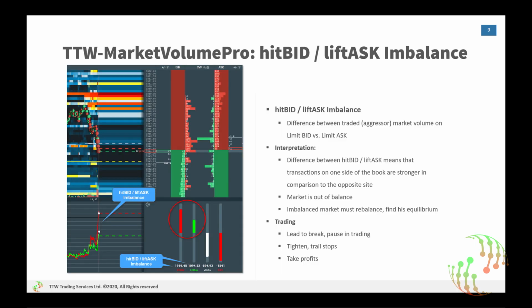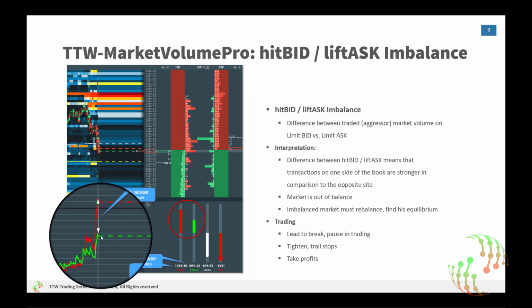Let's start with bid and ask imbalance. To avoid confusion, I am calling it hit bid and lift ask imbalance. That follows the strict logic of the limit order book and its usage. Hit bid means that sellers are hitting the limit bids. Lift ask means that buyers are buying from sellers. Hit bid and lift ask imbalance shows the difference between traded market or aggressive volume on the limit bid or limit ask side. As you can see in this picture,